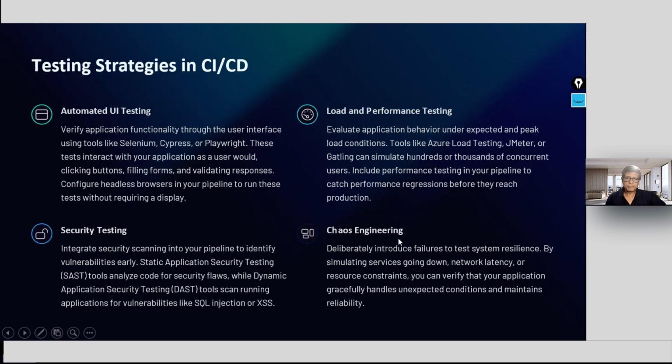Chaos engineering. You will deliberately introduce failures to test your system's resilience. So you will see how much your system can take. You will introduce failures intentionally, and you will see how much capacity or resilience you have to take those failures, by simulating services going down, something like the network has gone down, latency has gone up.